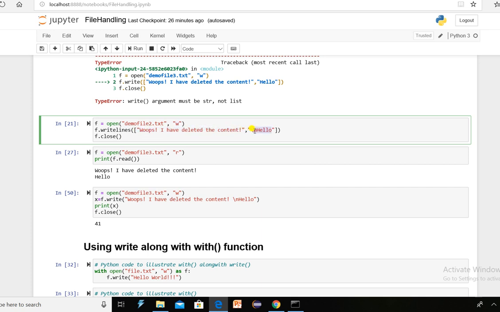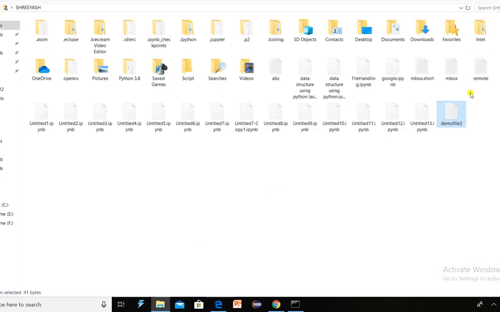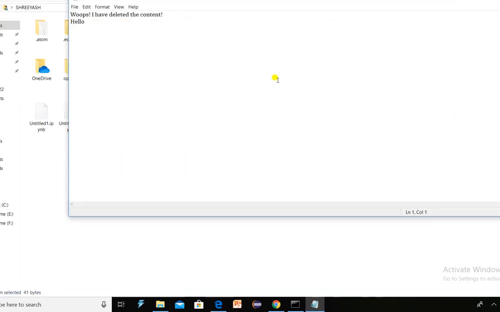What do you mean by backslash n? New line. So this "hello" will appear on a new line, right? So there will be two lines in your demo2.txt file. If I open the file, okay, "oops, I have deleted the content" will be the first line and "hello" will be the next line.